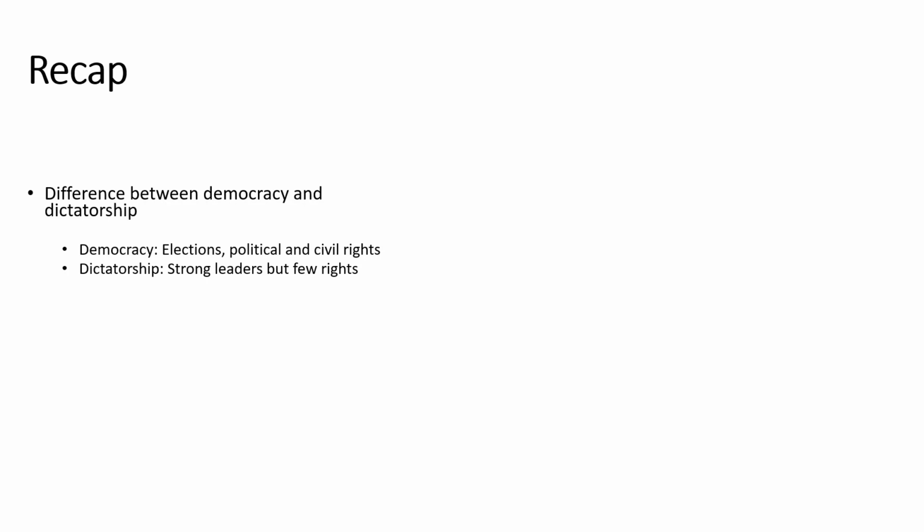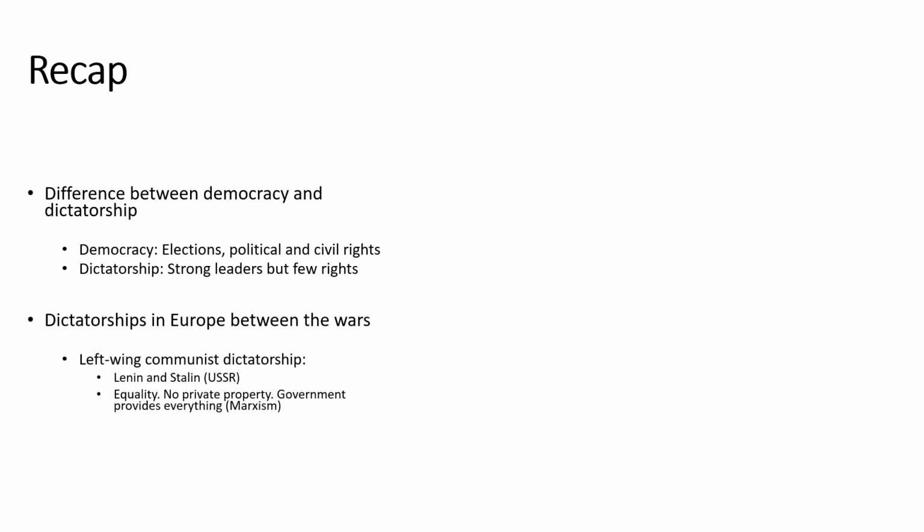These are political systems where they don't have rights. They don't have democracy. What they do have is strong leaders, very strong, who can do what they want. They can dictate what people do. So make sure you know that. Democracy, dictatorship. Now, the book then goes on to talk about the different dictatorships in Europe between World War One